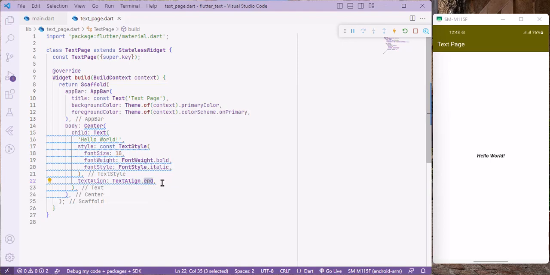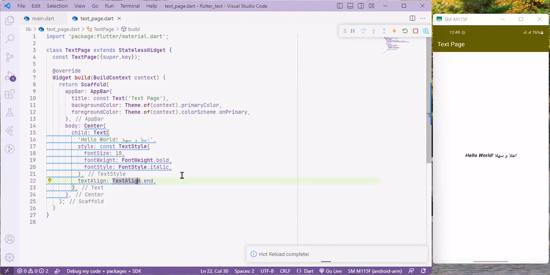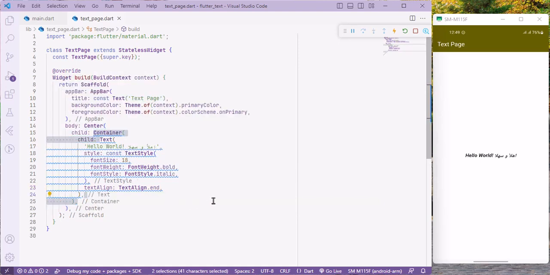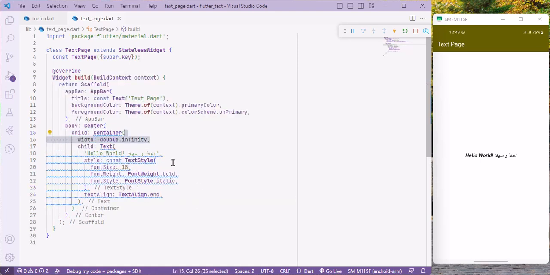Let's add some Arabic to the string. As you can see, adding the textAlign.end didn't move the text to the right, and that's because for now the text is wrapped in a center widget. So the text widget only takes the amount of space the actual string takes. In order for the alignment to work, give the text widget a horizontal space. So wrap the text with a container that has infinite width. This way, the text widget takes up all the horizontal space of the screen, and now the text is moved